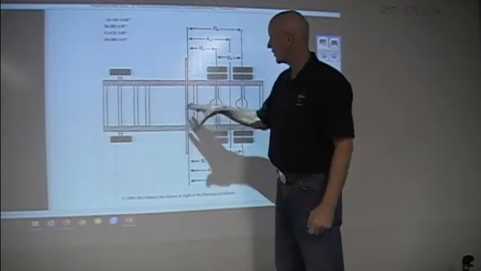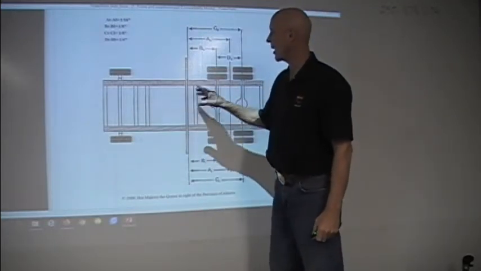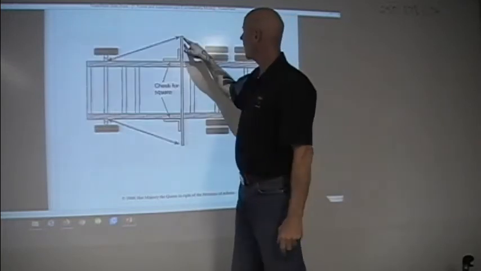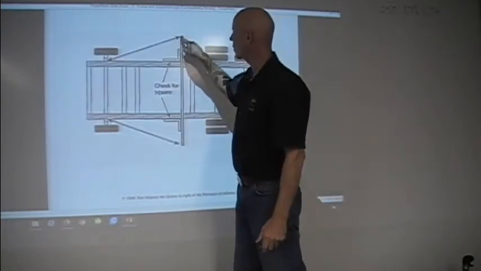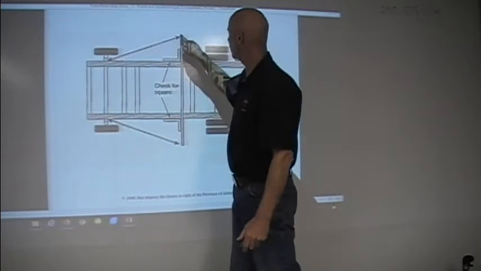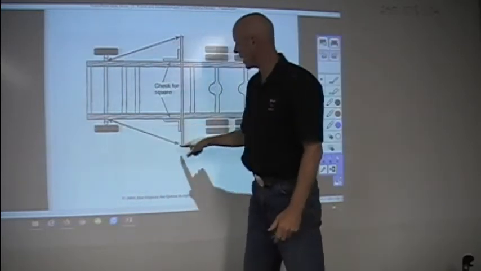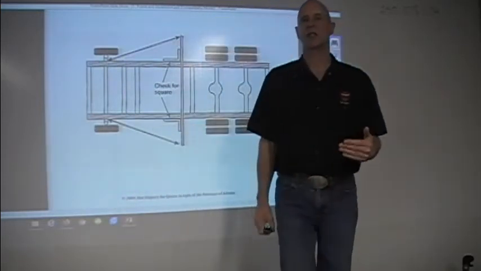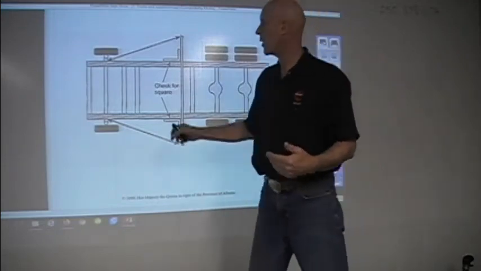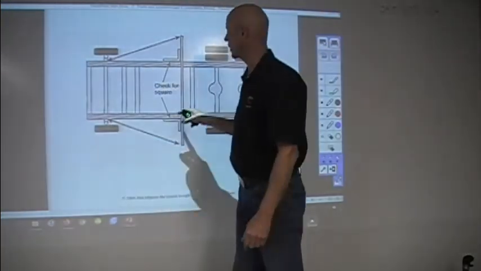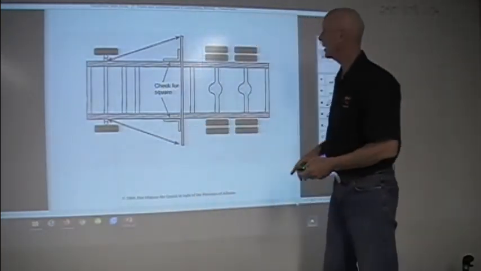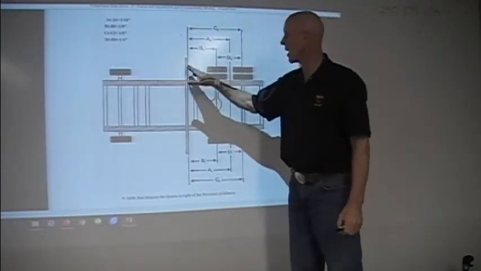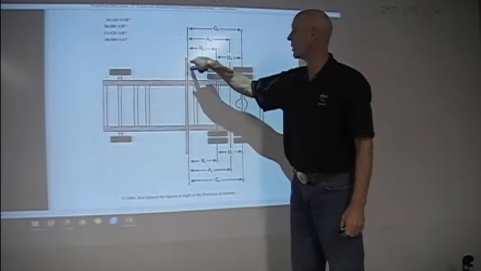Now that my bar is set there and I know that it's square, I'm going to take a tape measure and go from my front axle to my bar on both sides. Both those distances should be the same, and that will tell me if my front axle is square to my frame. Then I'm going to go from this bar, and this is where I'm going to drop